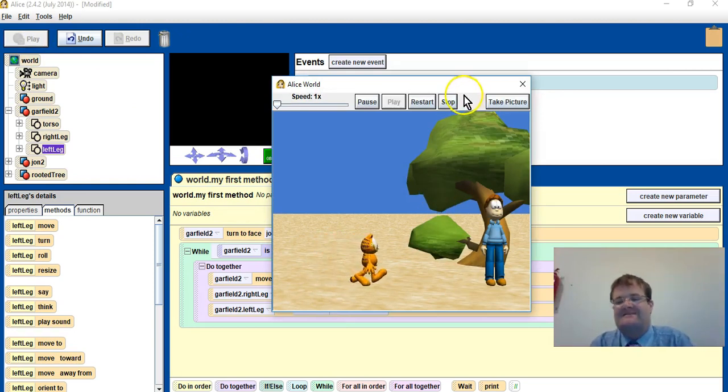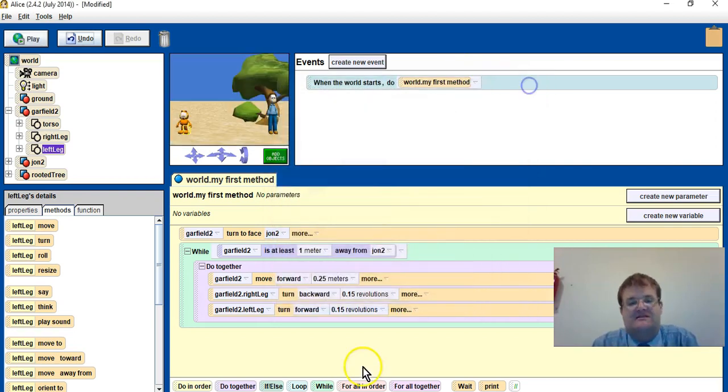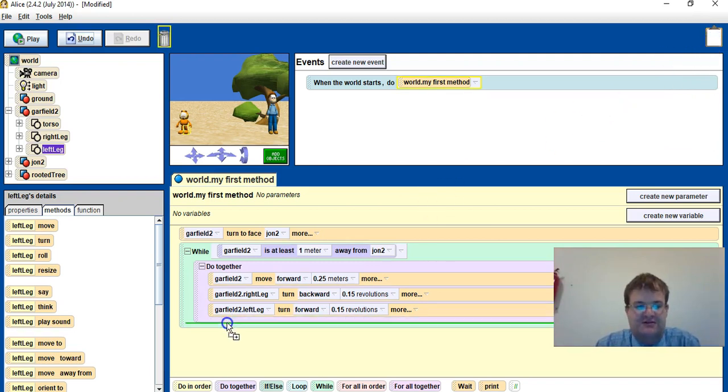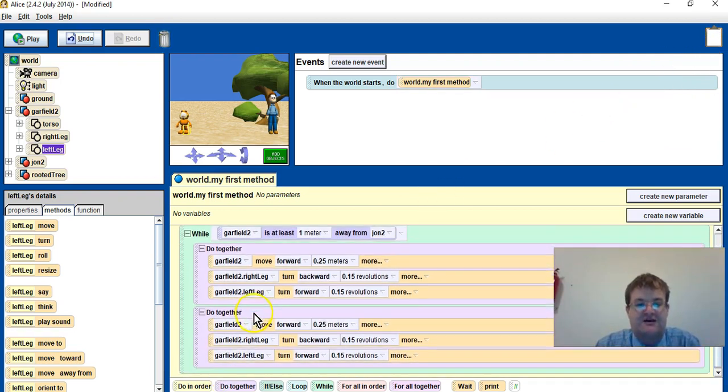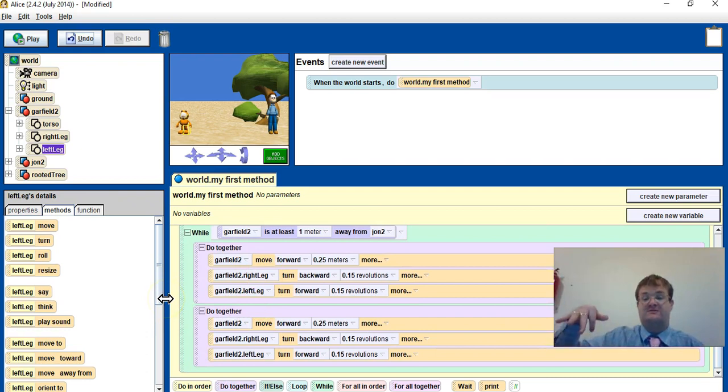I don't want that. I need them to go forward, then back, then forward, then back. So I press the X, and instead of repeating that, I could drag this to the clipboard, and that copies it. And drag down from the clipboard, underneath that do together,